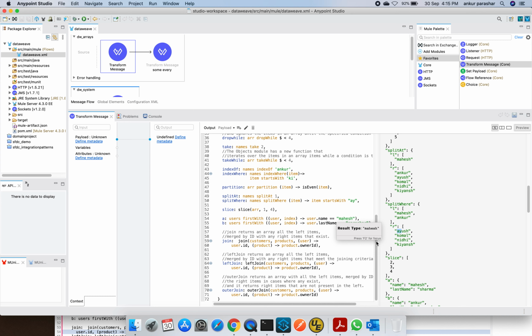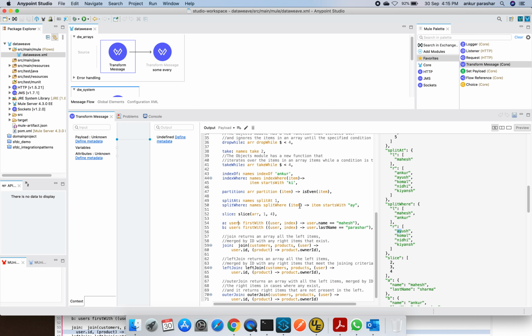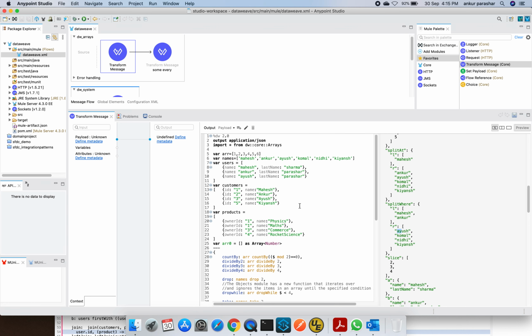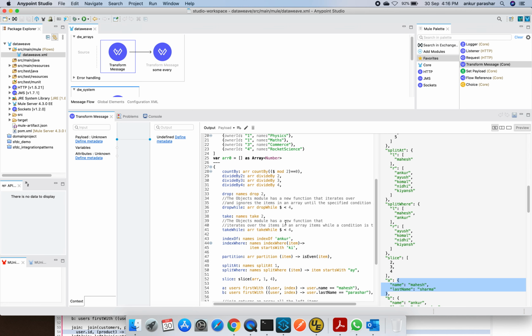If it matches, then it will return the entire user payload for which this condition is matched. So if I show you the users, it is matching with this and the last name should be this. And here you can see in A and B, it is coming up in A like that.